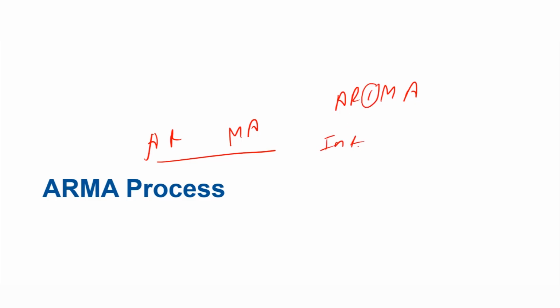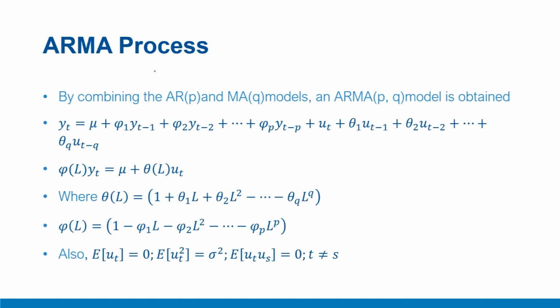So depending upon the levels of non-stationarity, and we'll define it in subsequent videos, the order will be integrated of that order. And other than that, the most important part of that ARIMA is AR and MA, which we are going to discuss in this video. To put it succinctly, an ARMA process is nothing but a combination of AR and MA process of different orders, say P and Q.